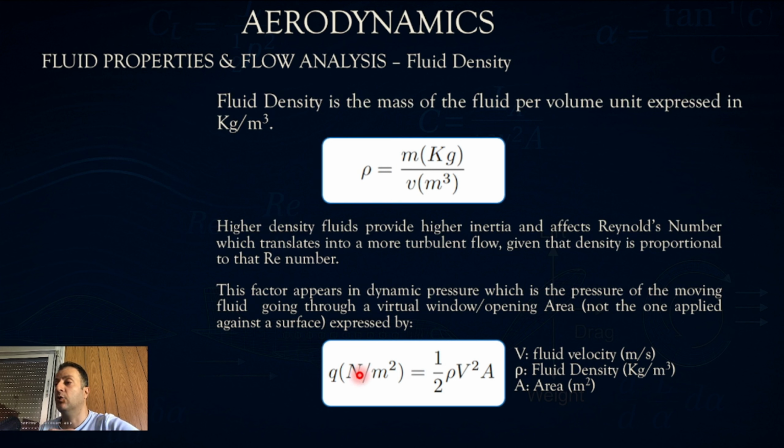So expressed by Q in Newton per meter square is equal to 1/2 rho v square, and there's no A actually here. You add the A, yeah, that's a note here. You add the A when we're talking about the lift, not the dynamic pressure. Dynamic pressure alone is 1/2 rho v square. When you multiply by A, and you have also what we call the lift coefficient, CL, that becomes no longer the Q formula, but rather the formula for the lift of the wing. Okay, so again, for higher density you have a higher dynamic pressure, and this also increases the Reynolds number,